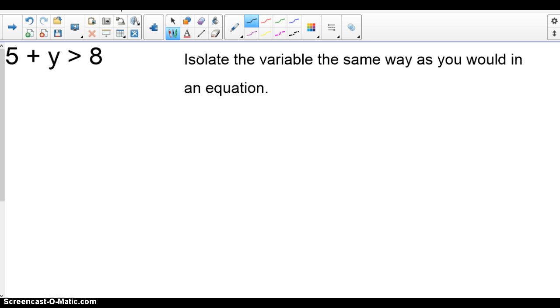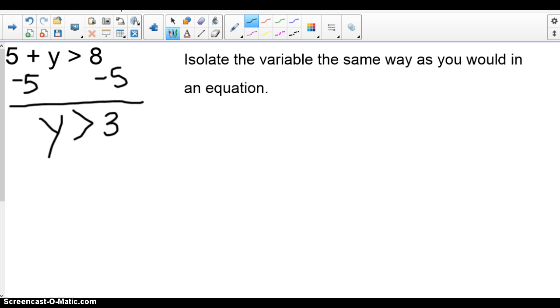This is an addition problem, so you do the opposite operation to isolate y. You would subtract 5 on both sides. And this leaves you with a solution of y is greater than 8 minus 5, which is 3. And again, you can substitute in your solution, but it's going to look a little bit different when you do that, because when you put in the 3 for y,